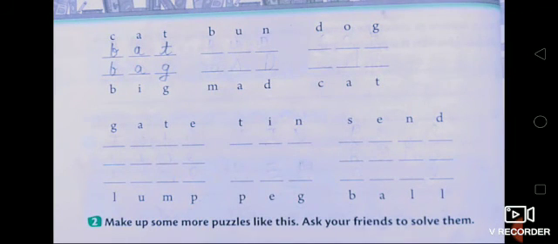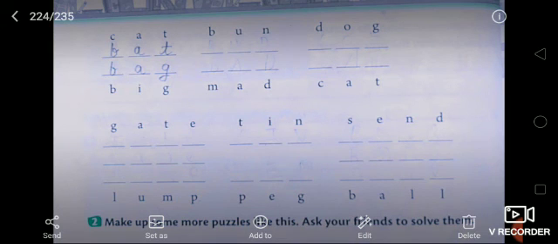Here, I have solved one more puzzle for you. See this? We have to turn cat into big. So to find the word big, I have written first bat by changing only one letter, then bag, and at last I have turned cat into big by changing one letter. Okay, the same way you have to solve these puzzles. You can take help from the dictionary to solve them.